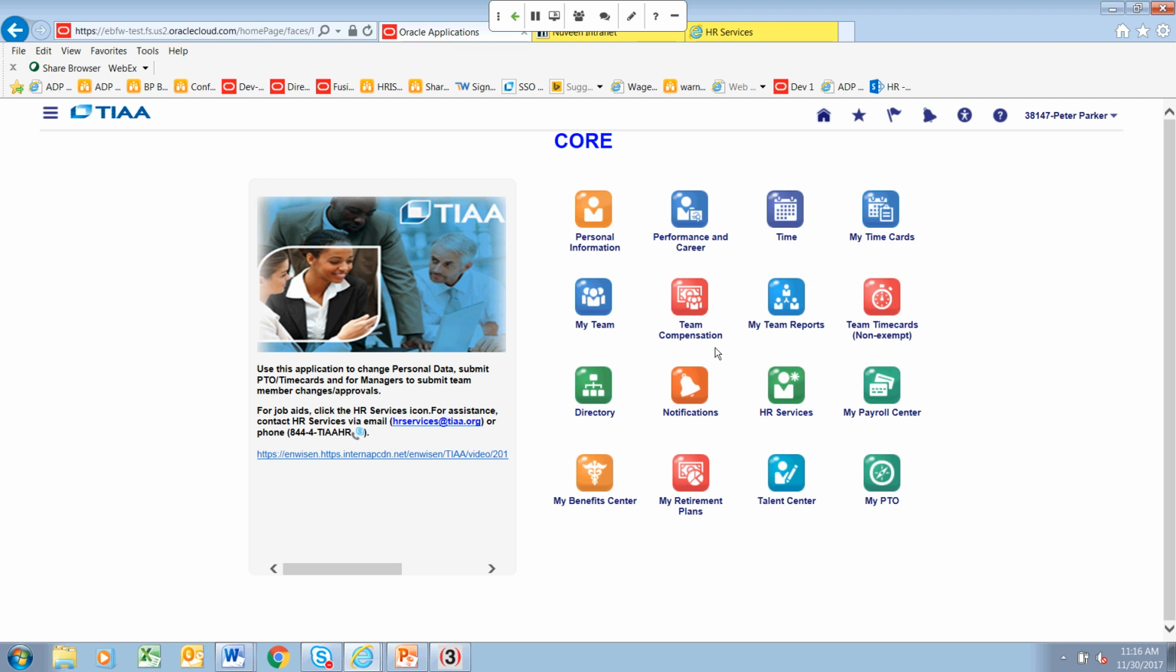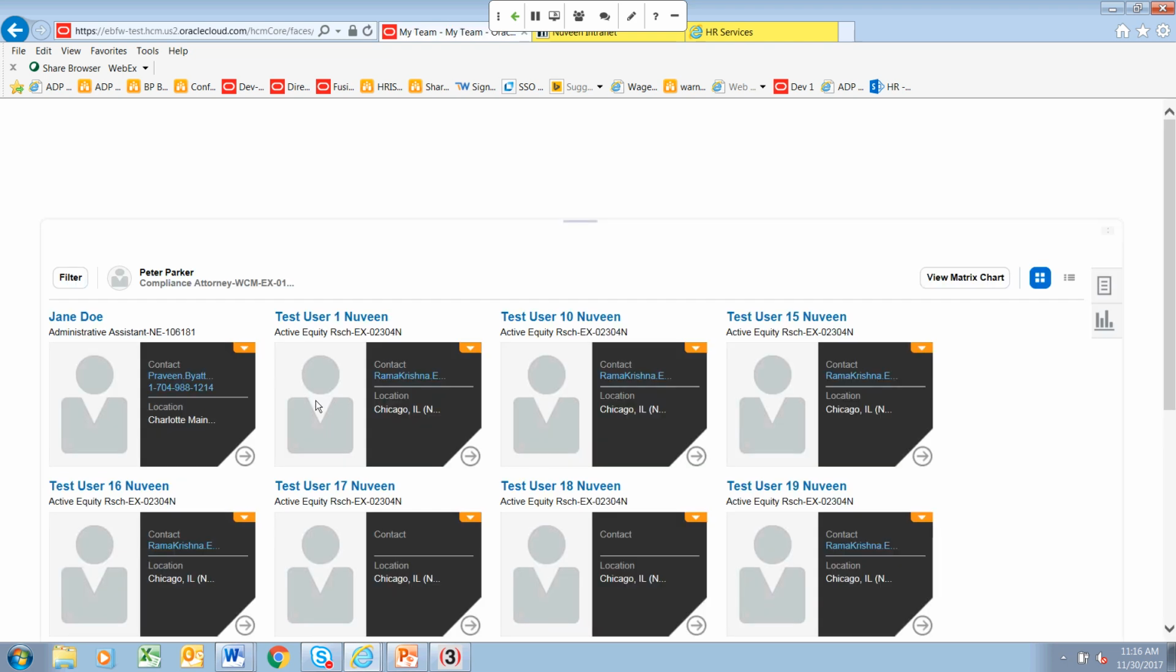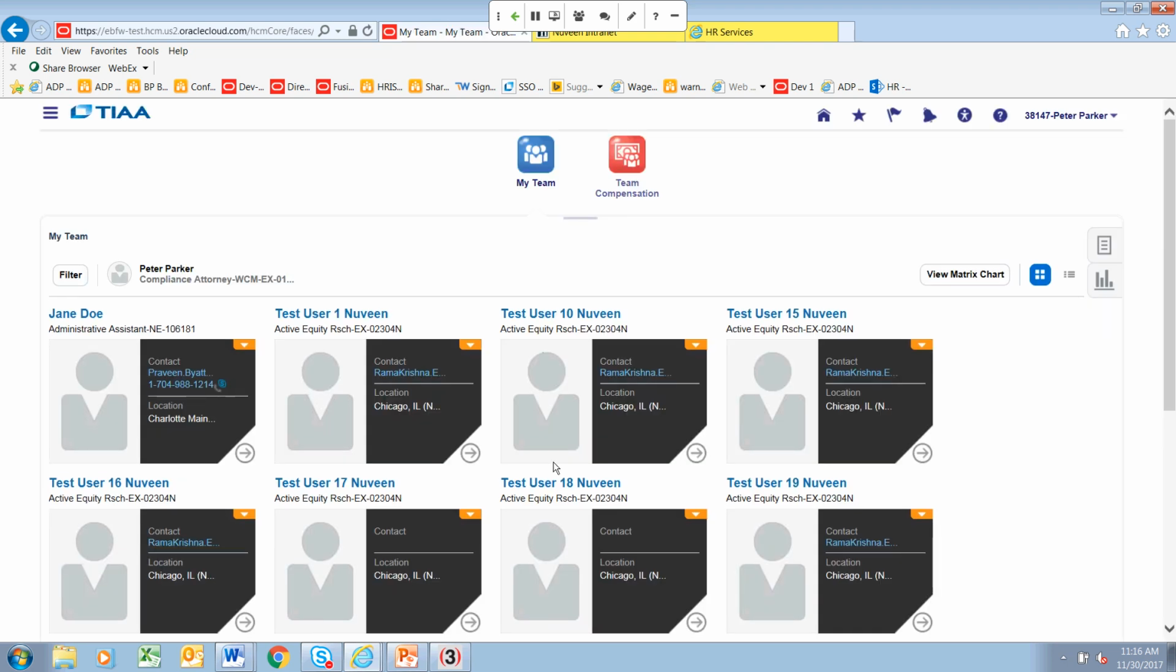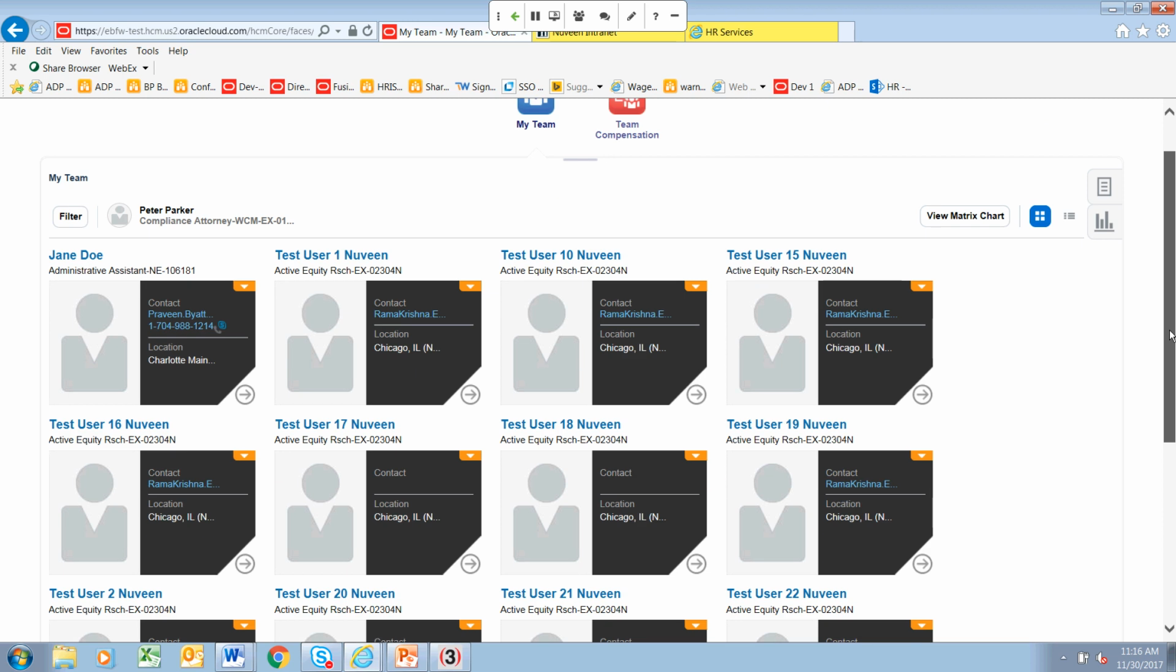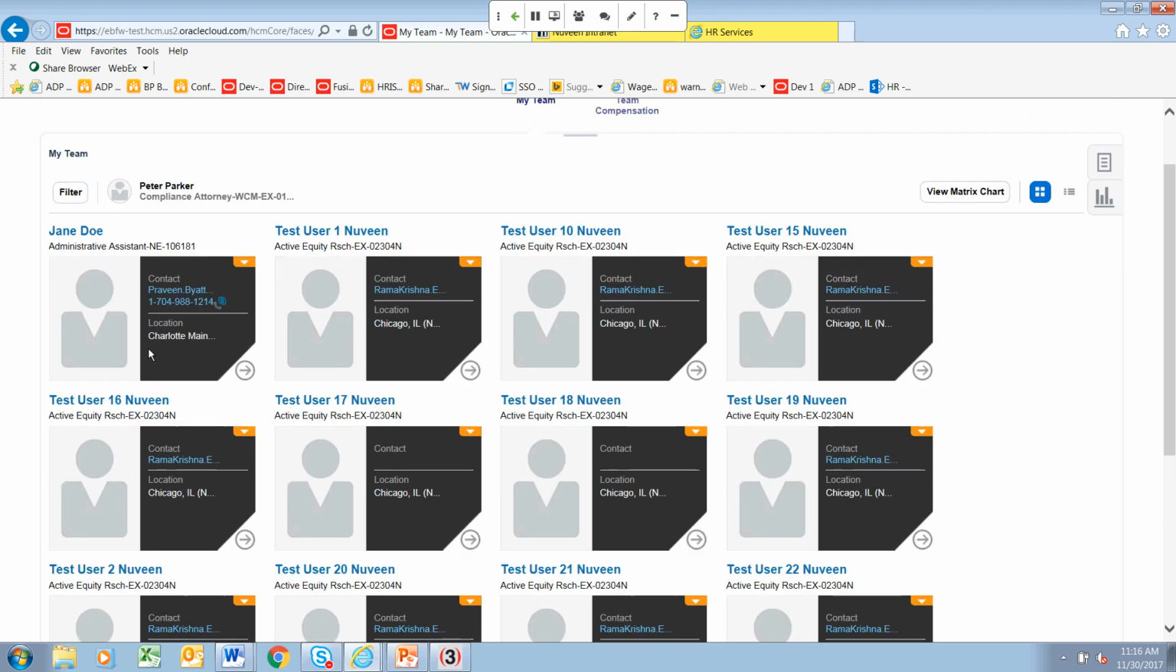So let's click on My Team icon. And when this page displays, this will list all of your direct reports. So as you can see here, Peter Parker, who's the manager, has several direct reports. And this is called a contact card. So we can see that Jane Doe is an administrative assistant, her contact information, location, and just basic information on your employee's job. If you click this orange caret,